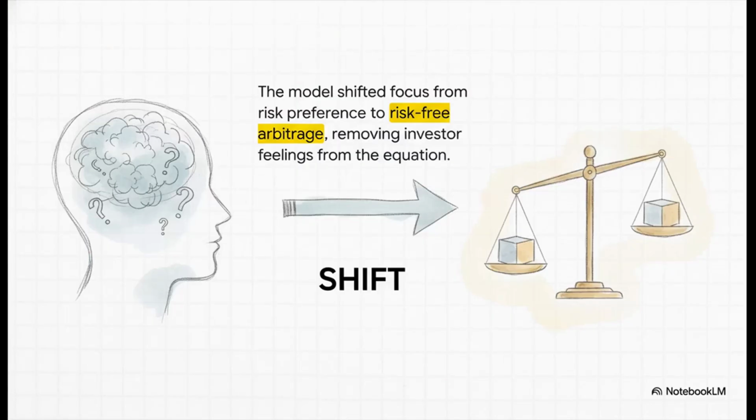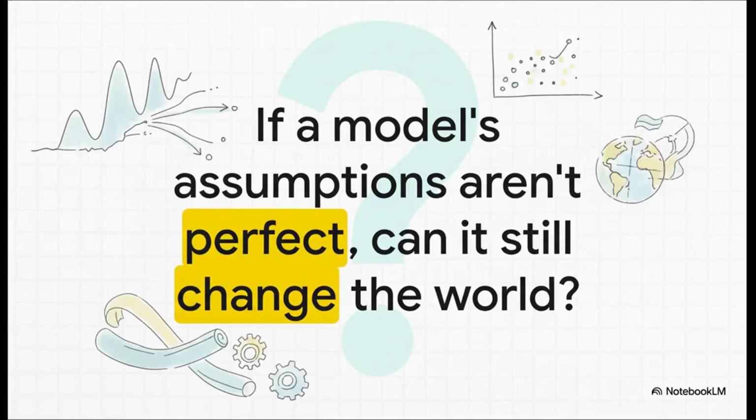But you know, the truly game-changing idea here was that the formula completely removes personal feelings about risk from the equation. It doesn't care if you're a daredevil or scared of your own shadow. It works by creating a perfect, risk-free portfolio in theory. And that totally shifted the focus of finance from just guessing about risk to precisely calculating the price of a risk-free opportunity. Now look, is the model perfect? Absolutely not. It makes some big assumptions, like that volatility never changes, that we know aren't true in the real world. And yet, this imperfect model basically gave birth to the modern derivatives market, a market worth trillions of dollars,